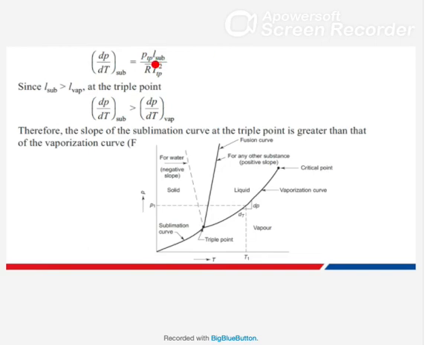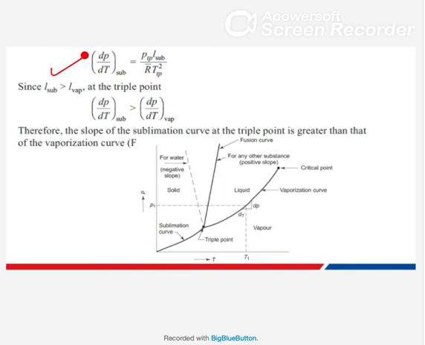Okay, so this is dp by dt for sublimation, this curve. See what we are trying to find here: the sublimation curve and vaporization curve both meet at this triple point. Which curve will have more slope and which will have less slope, that only we want to see, whether the sublimation will have more slope or vaporization. Obviously we can see from the graph itself that this will have lesser and this will have higher slope, but we can prove it mathematically also.